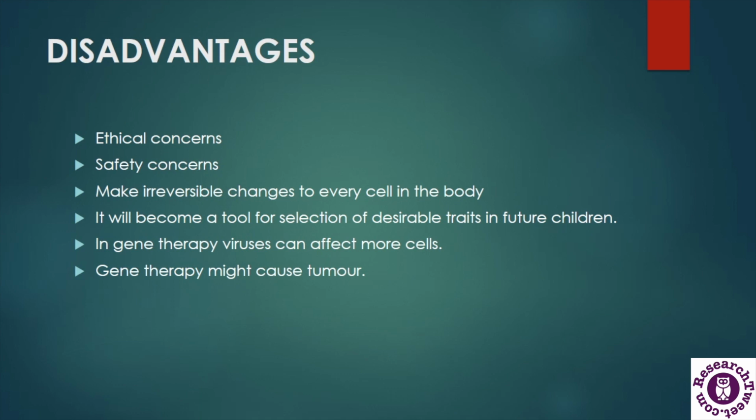There is also an ethical concern that this process can become a tool for selection of desirable traits in future children. With the help of genome editing, a person can choose desirable traits like intelligence, attractiveness, and many other traits in their future children, which can affect the ecological balance and create ecological imbalance. Now the process of gene therapy uses viral vectors which can affect more cells of the body, and it might also cause tumors in the body, which can be malignant or which can cause